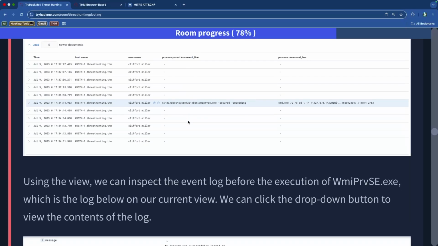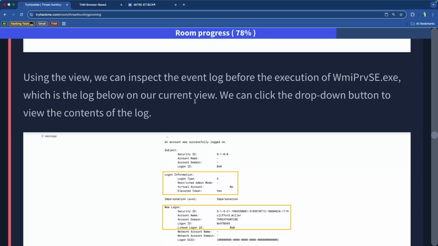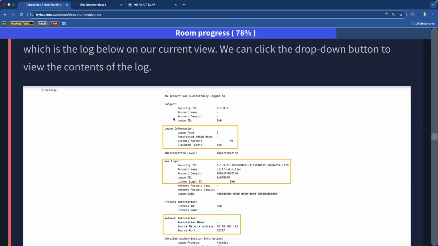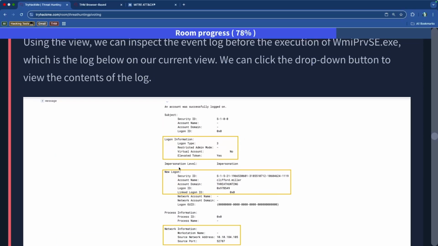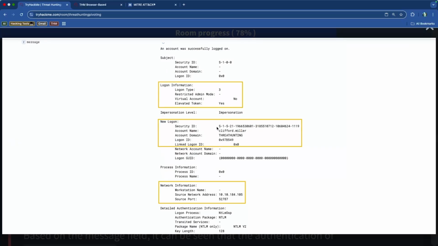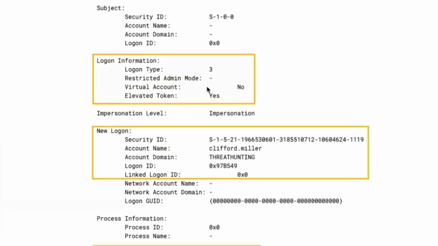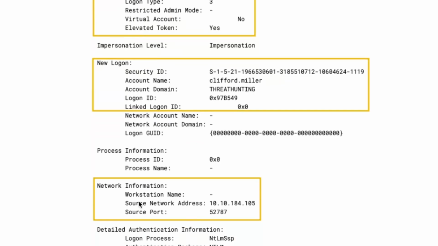And when we look at that, we get this data that's available to us over here, and it gives the parent process command line and the process command line. So we can inspect the event before the execution of that parent process, which is now available here for our view. If you click the drop down button, you get to see all of the information inside of it. So in this particular case, we have the logon information, which is the logon type, the new logon done by Clifford Miller in the thread hunting domain, and the workstation name and the IP address. So the source IP address that we have, and the source port, which is